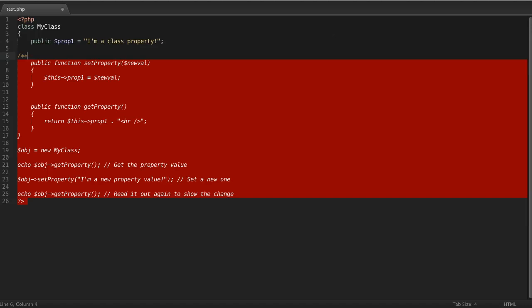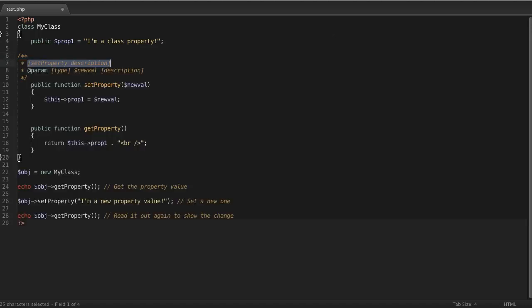So if we then hit enter, it automatically populates a DocBlokr with our function name or method name, which is set property, as well as it's found the parameter new val. So we can now set a description for the set property function. So in this case, we can go, this function